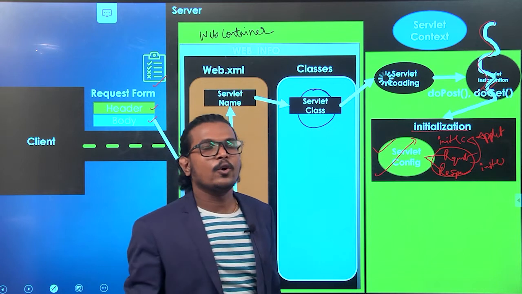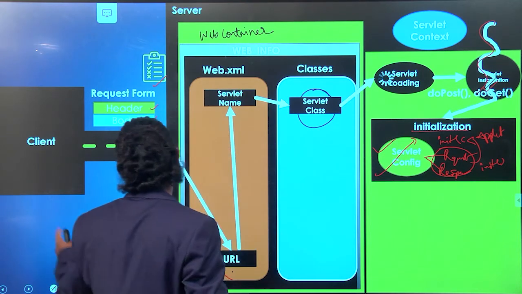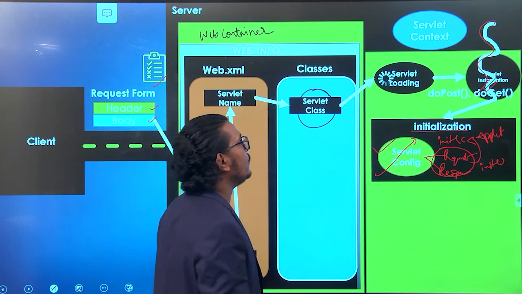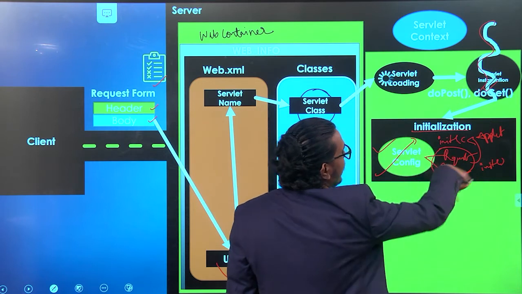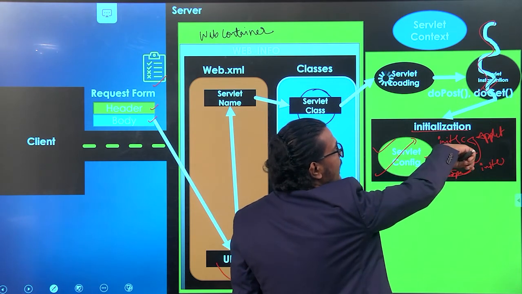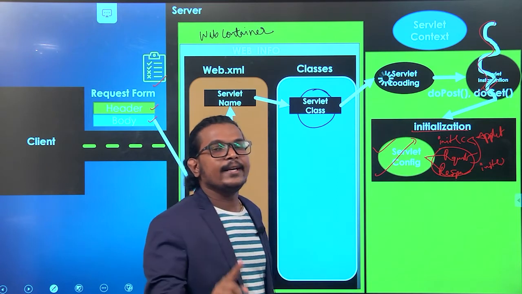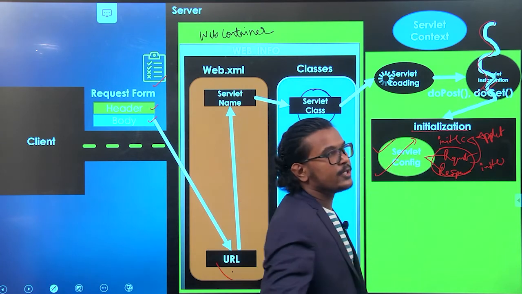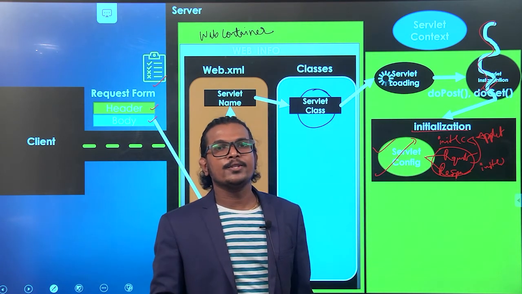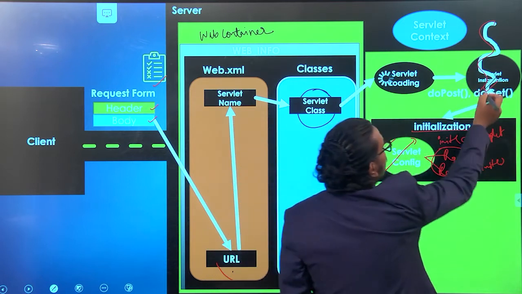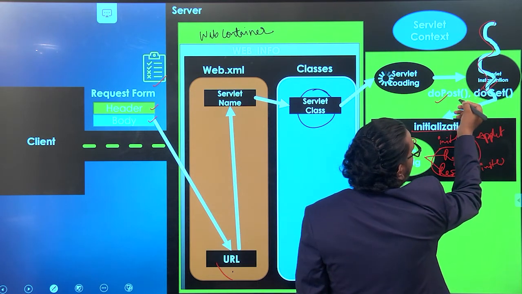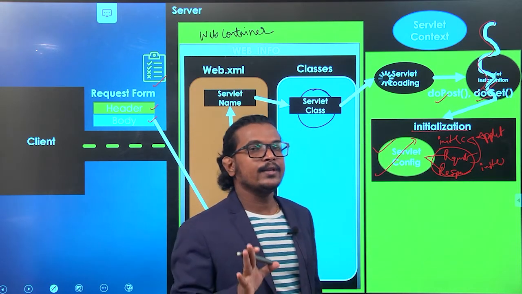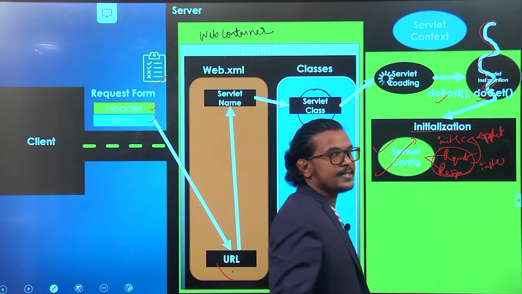What is that service? The particular client is requesting for some service. So here we take that information and we initialize that particular object. Once the initialization is done, one thread will be created here, and that information is passed to your container. That thread will use any method; it can use the doPost method or the doGet method. Your thread will be created in your servlet instantiation.